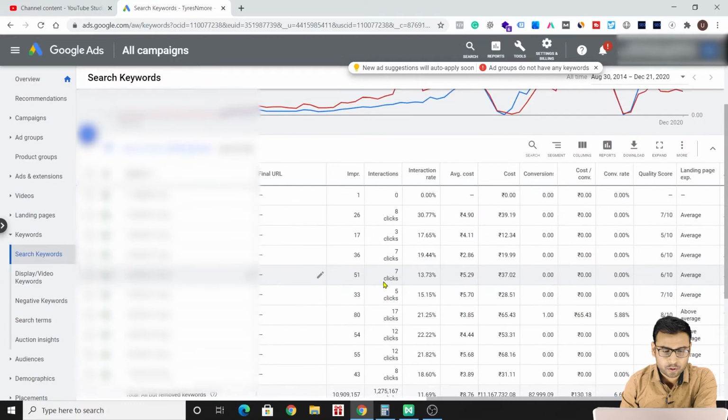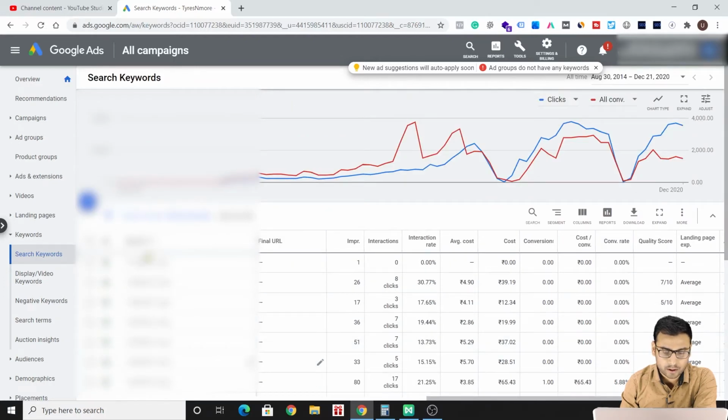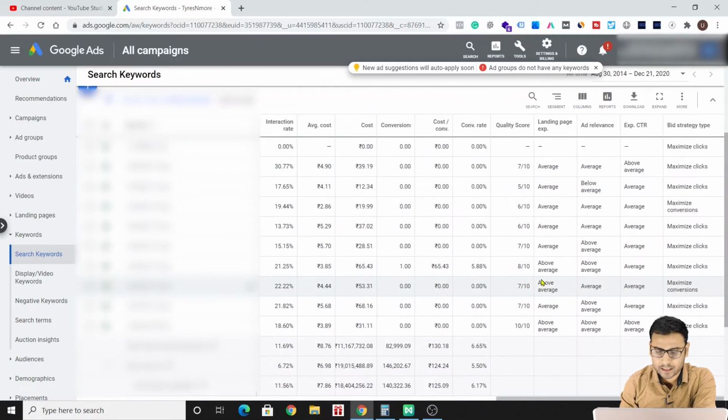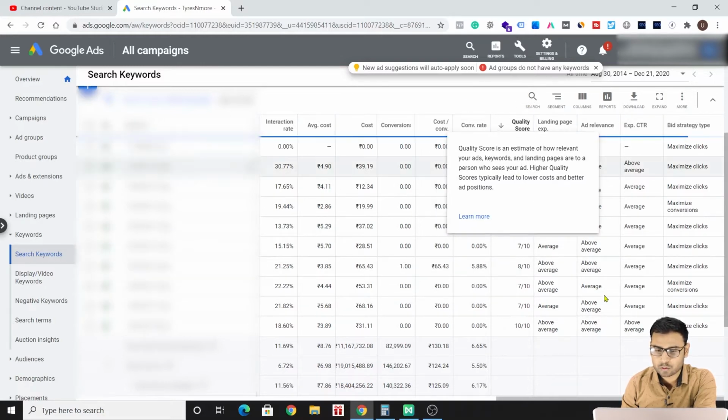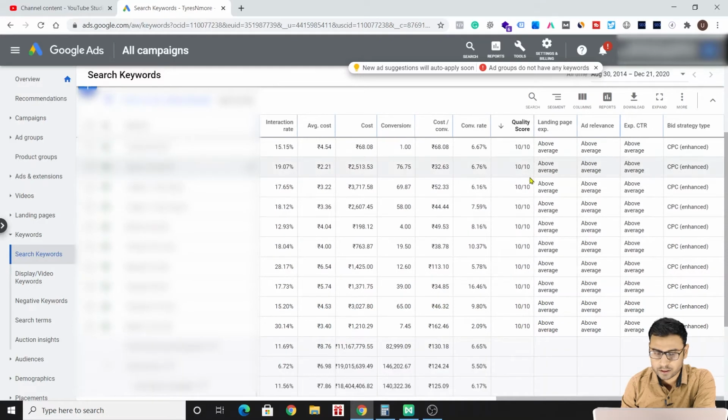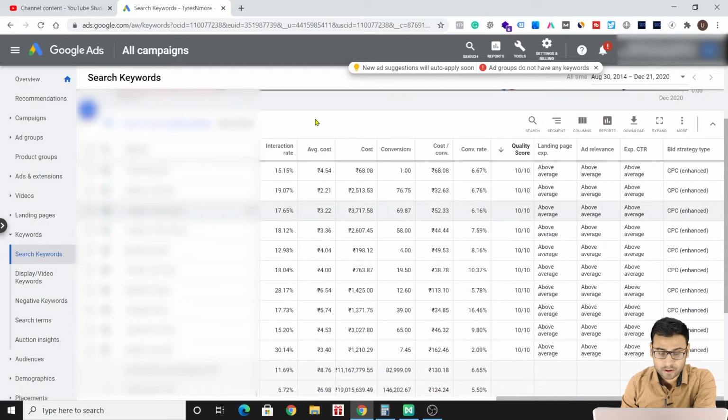Now suppose you are seeing different keywords over here. Now you have to come to this side, and if you scroll to the right, you will identify that quality score is present over here. And what you can see is that the quality score is out of 10. So once I click on this quality score, what we are going to see is there are different keywords,